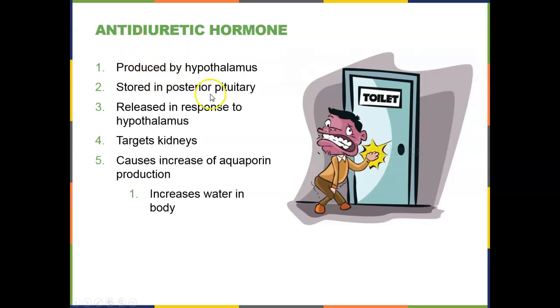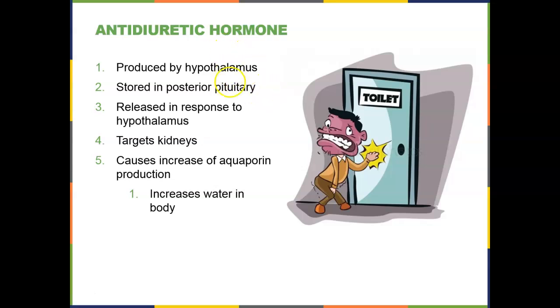Antidiuretic hormone is produced by the hypothalamus, stored in the posterior pituitary, and released when the hypothalamus tells it to. The target is the kidney, and it increases the number of aquaporins. And this causes us to increase the amount of water that we keep in our body so we don't release too much water and become dehydrated. So here you can see the picture, a person having to go to the bathroom. Maybe they don't have enough antidiuretic hormone, or maybe they just have too much, they've waited too long, who knows,